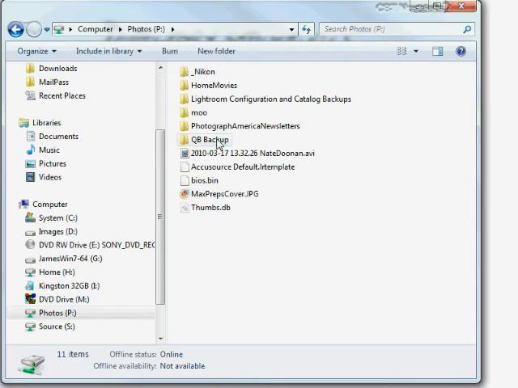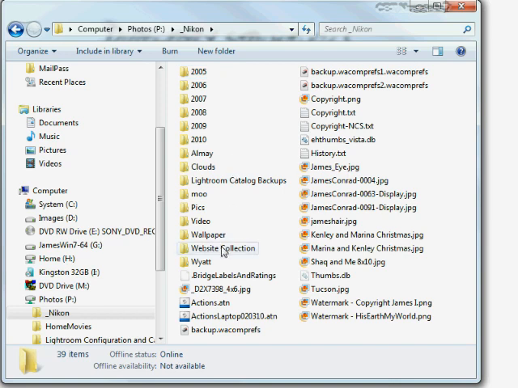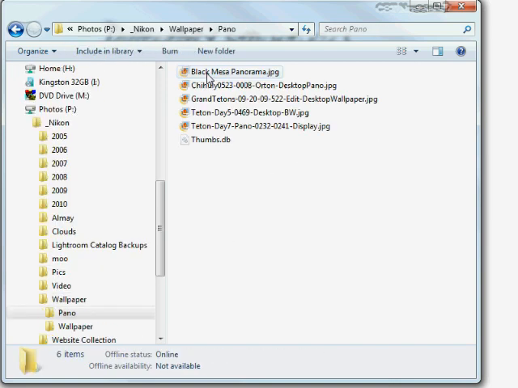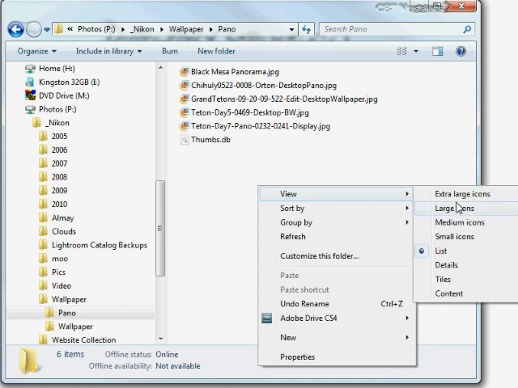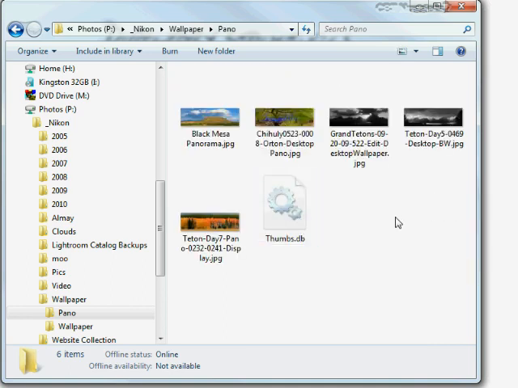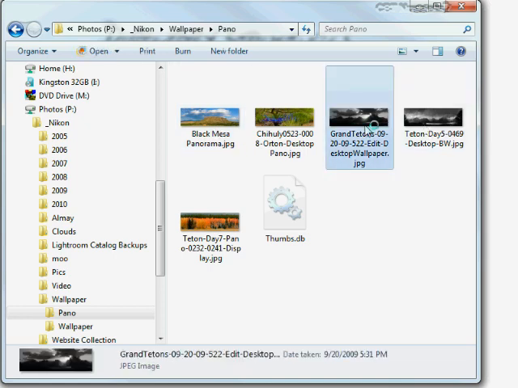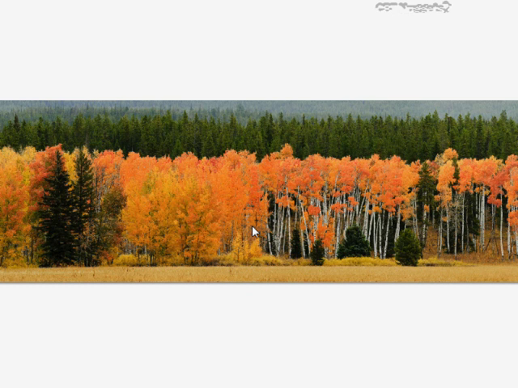Let me give you an example here. If I go to my directories, I've got a wallpaper directory, and a wallpaper of panoramas here. So I'll go ahead and look at some large icons. Because I have two monitors, each one of these panoramas spans across two different monitors. That might not be necessarily important one way or the other, but this would be like the left monitor and this would be the right monitor over here. But if the network connection were to go down, then I would no longer be able to access my beloved wallpaper anymore. So I want to make sure that I can access these different things here.